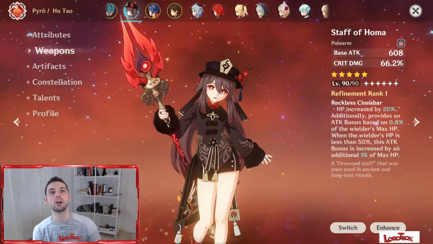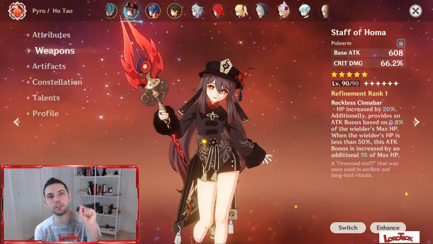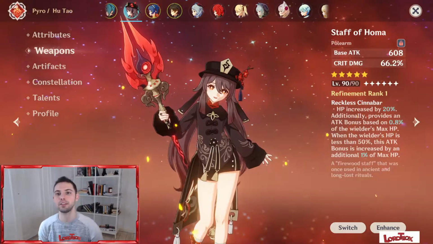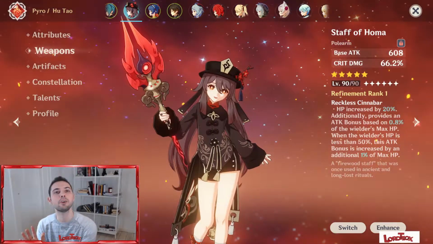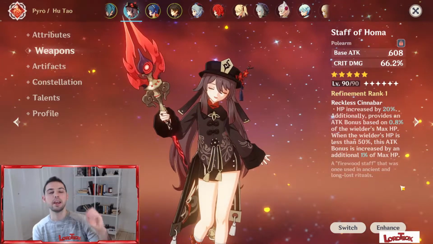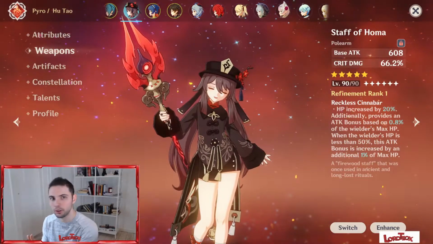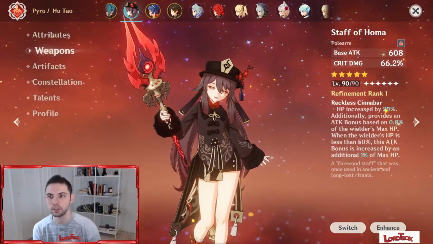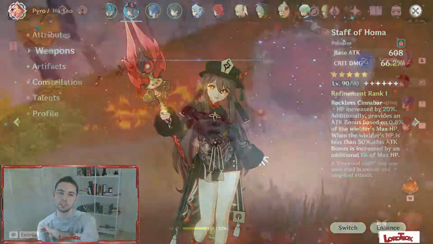So guys, let's just start talking about weapons. The best option, and the first one we're gonna talk about, is the Staff of Homa. A 5-star weapon with an amazing passive talent which is perfect for HU TAO. Staff of Homa will increase HU TAO's damage a lot due to the HP scaling, and to this damage we will also need to add the perfect synergy between the HU TAO low HP second talent and the passive talent